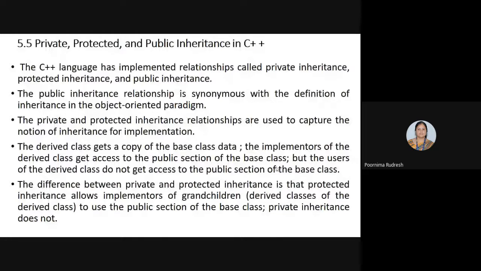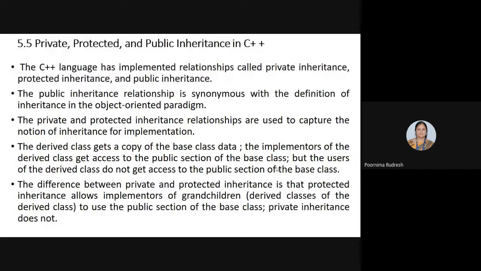The public access area will be accessed by, or visible to, the implementers as well as the users of that class. So the same concept and semantics are used in C++ also. Public inheritance means in C++ the public area is visible to the users as well as the implementers of that class. Next we'll see the private and protected inheritance relationships in C++.